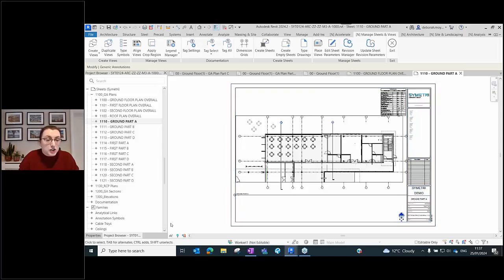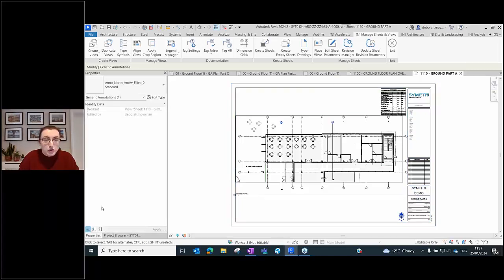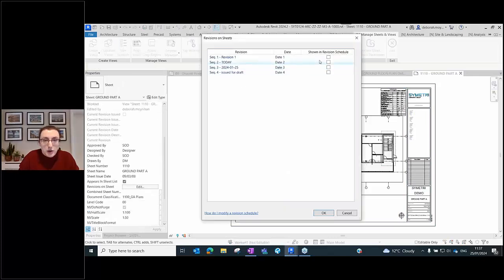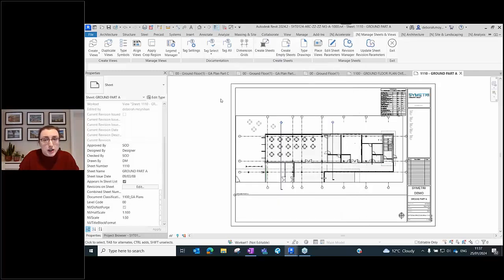So again, traditionally, if you're doing this in Revit, you're creating your revision globally, and then you're going through each sheet one by one and selecting the revision from the list. What Naviate will allow me to do is to speed this up and do all of my sheets in one go. So when I go to Revision Manager,